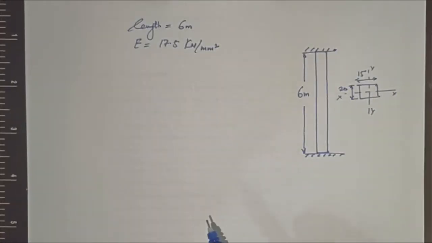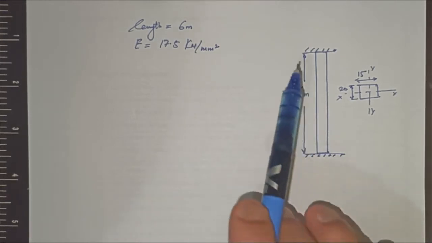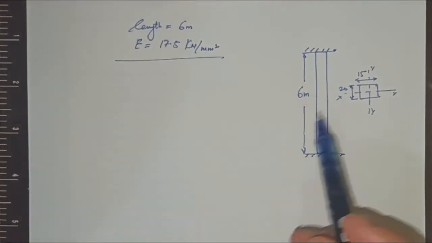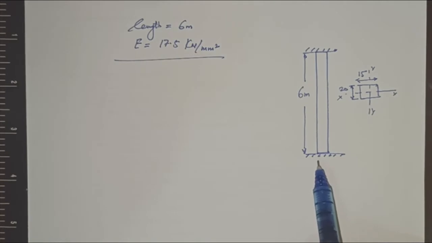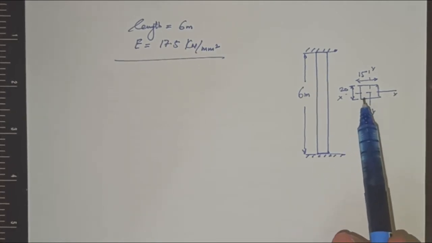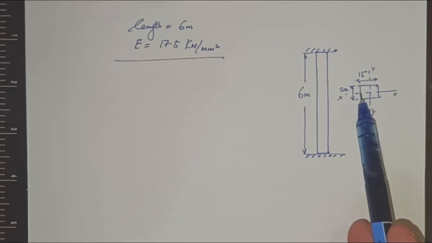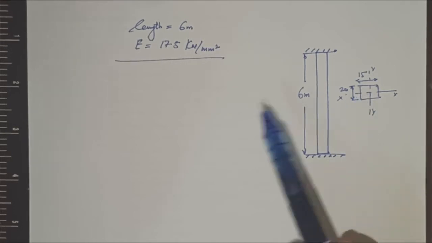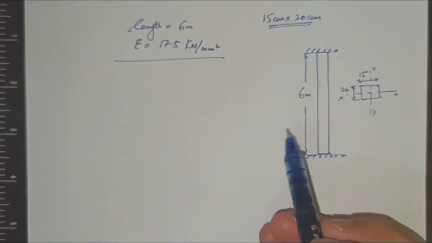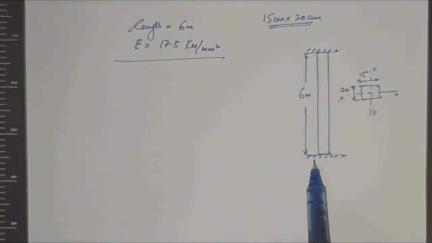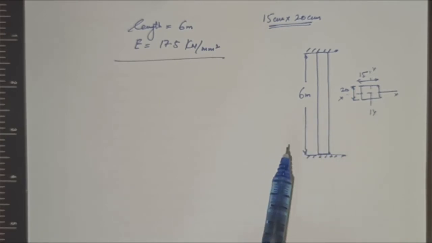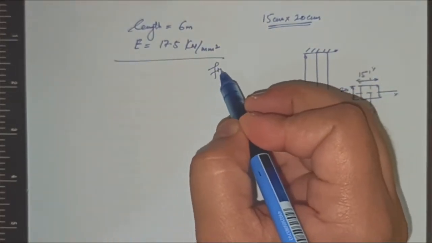Now, this is one kind of numerical problem. In this one we have a column with a rectangular section, and it has dimensions of 15 centimeter by 20 centimeter. This column is 6 meter long with both ends being fixed. So the boundary condition is very important. It is fixed,